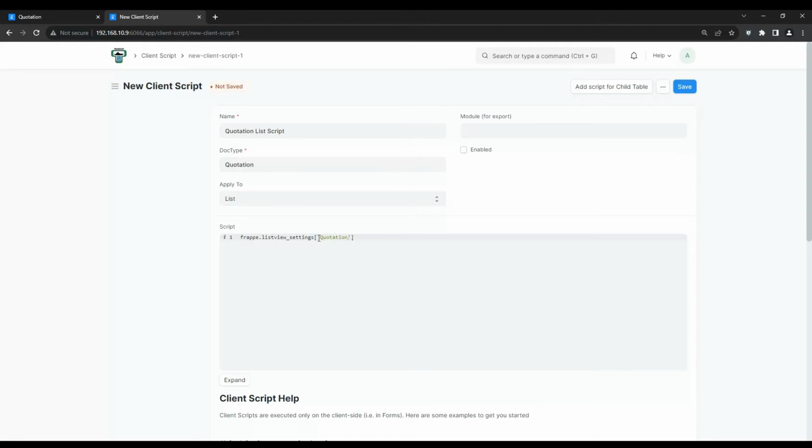For the script, we will use the listview_settings to access the Quotation doc type. Now, this script will be triggered whenever a refresh event occurs. We will be using JavaScript to execute the hide command.